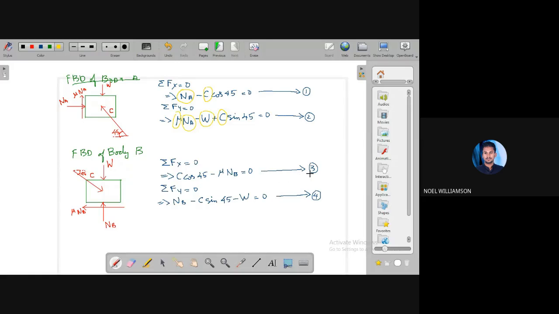For equation number 3 we have again 2 unknowns, that is C and NB, not 2, 3 unknowns. There is C, NB and mu. And for equation number 4, we have NB, C and W. Okay, so you have to make substitutions